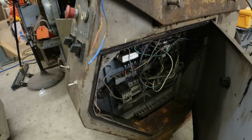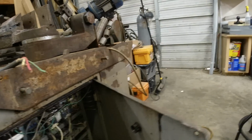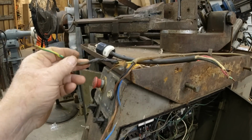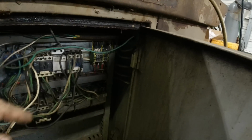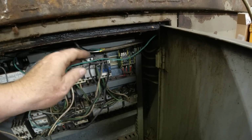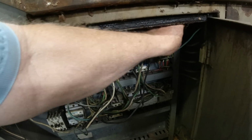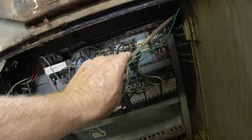So before I wire that up strictly the way it is, I want to see if I can find where that cable comes in and see if they didn't use that one for a line instead of ground. I hate working on things that these people just kind of throw together. Well, that's not the one I want. Okay, I found it. This wire